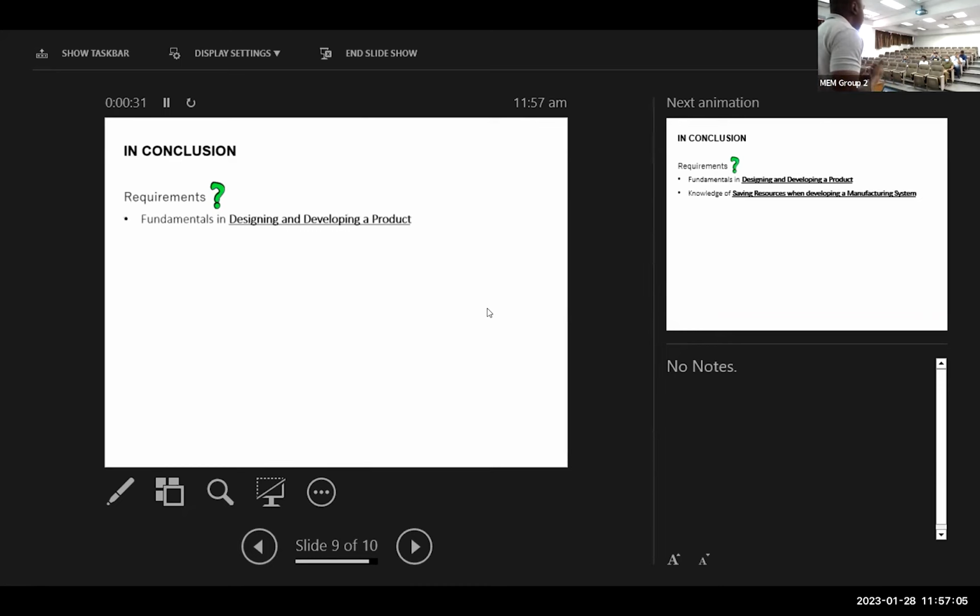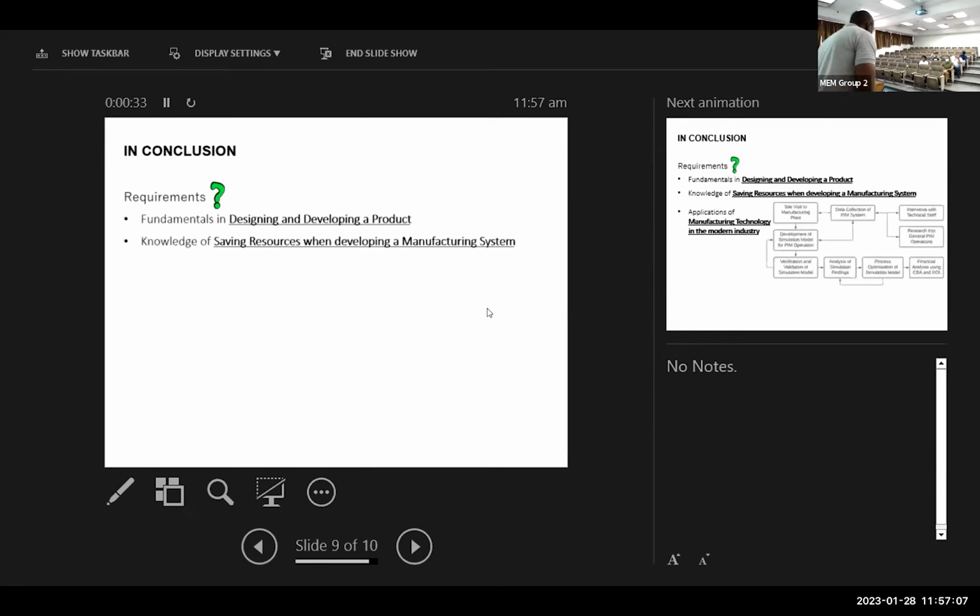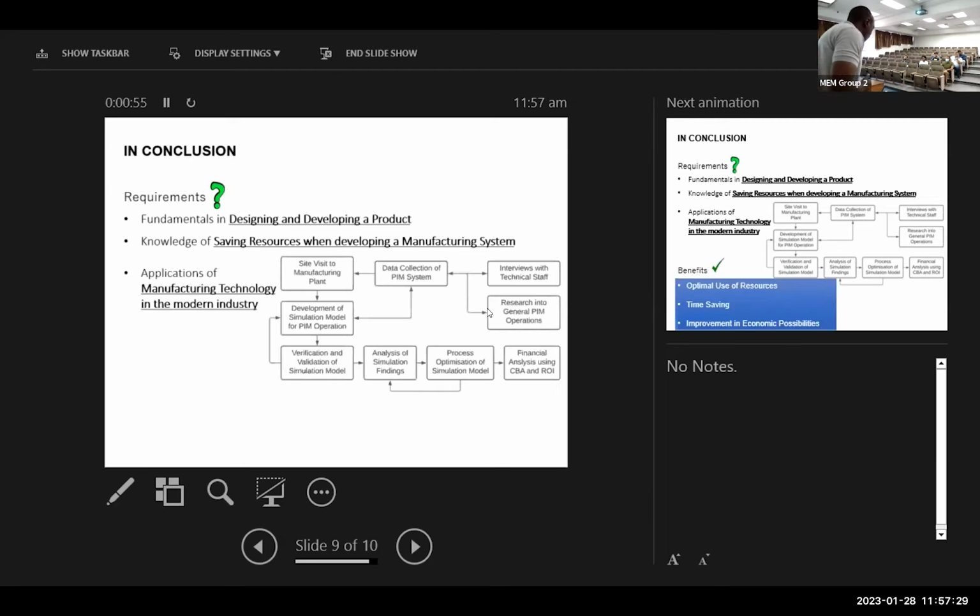At any different kind of degree or level, it is important to have the knowledge of saving resources, right? Because if you run your simulation and you don't know how to save on those resources or apply lean thinking or resource saving strategies, then what are you really getting from that kind of simulation, right? What kind of performance or measures are you expecting to absorb from that simulation?